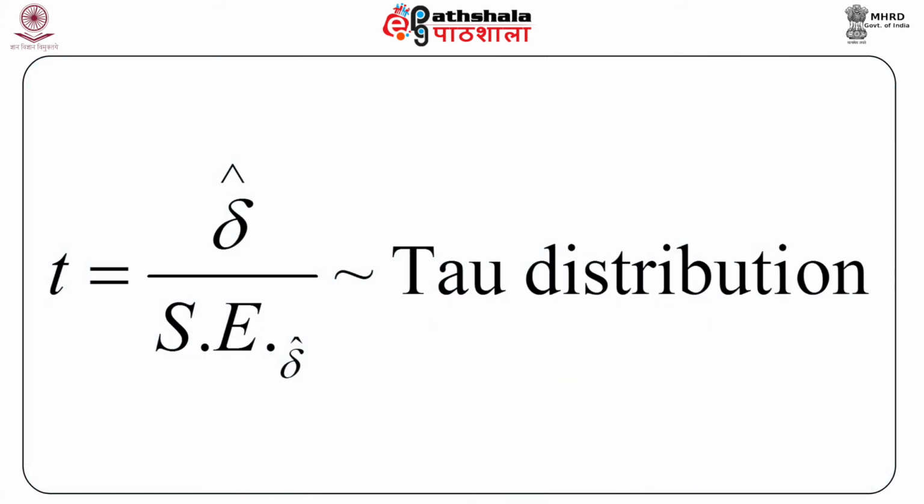Now any series generated by pure random walk is equal to white noise if it is a first difference equation. Now we use the Dickey-Fuller test to determine the stationarity of a series. A point to note is that the test in this case follows tau distribution, which we have emphasized. So please remember, it is tau distribution and not t distribution. Now using the Dickey-Fuller test, tau can again be written as delta hat upon standard error of delta hat and is distributed as tau distribution.